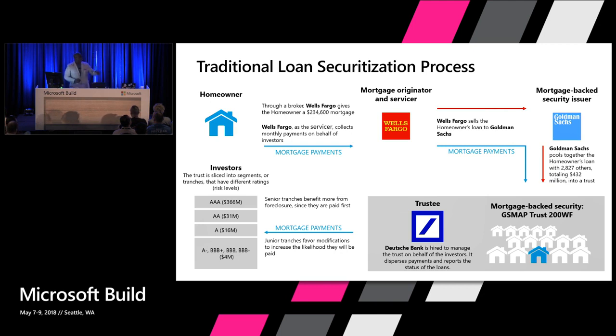So as I mentioned, right, the homeowner, we'll use Wells Fargo. You buy a home for $234,000. That's definitely not in Seattle, but somewhere in the United States, you can buy a home for $234,000. In San Francisco, you can get a studio in a very bad area probably for that.